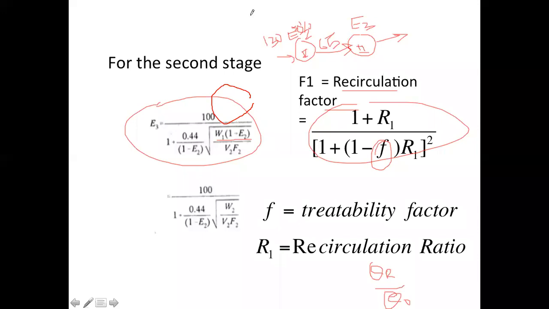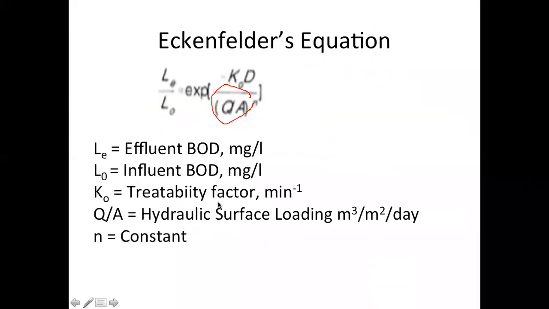That will obviously be converted into kg per day. So this W2 will be there. W2 will be calculated in this way after subtracting, 1 minus E2, and this formula will be used again here. In the same way, here we will also introduce this 1 minus E2, so that this will be the final efficiency coming from the secondary stage of this two stage trickling filter. So 1 minus E2 will also be there in case of the second stage trickling filter.